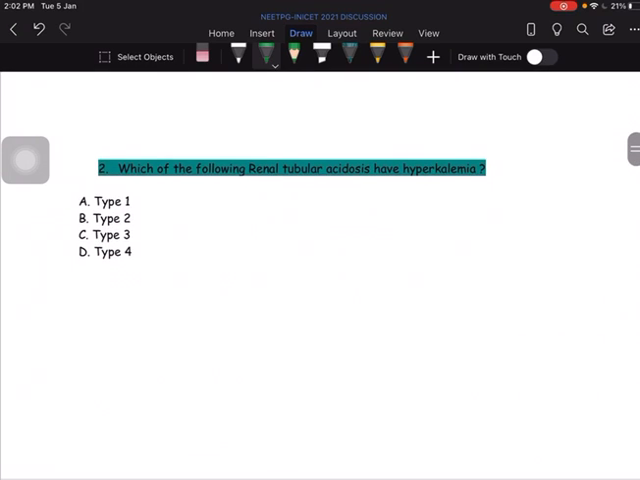Second question is, which of the following renal tubular acidosis have hyperkalemia? So only type 4 has hyperkalemia. The rest of the types of RTAs have hypokalemia. Okay, next,